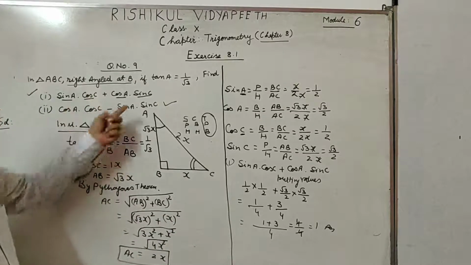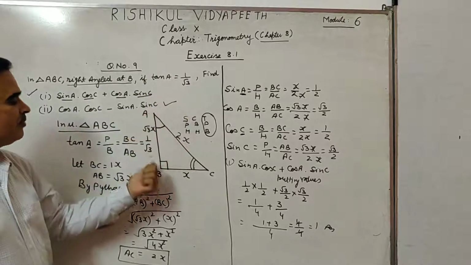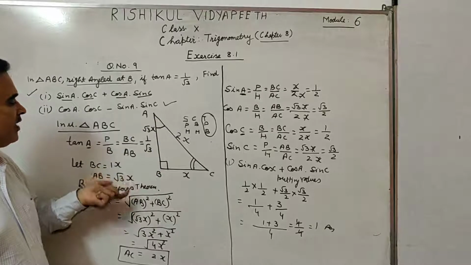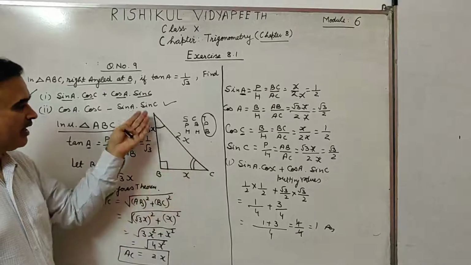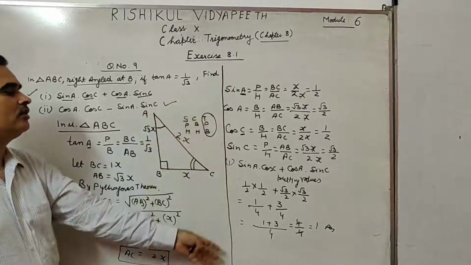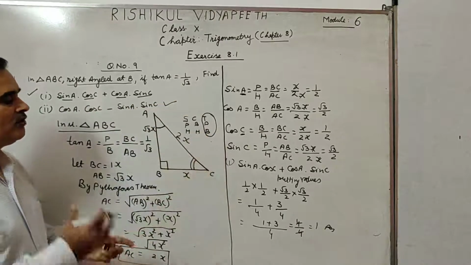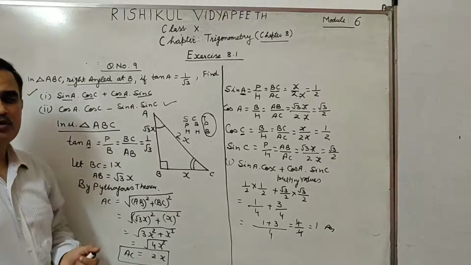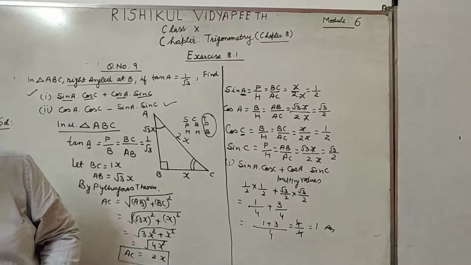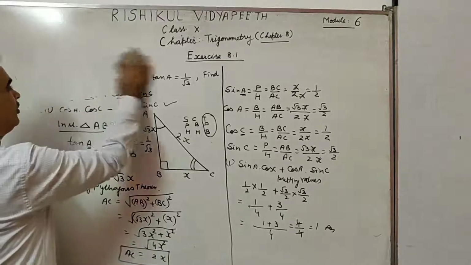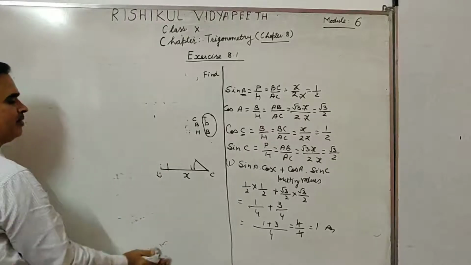Dear students, you know that if any trigonometric ratio is given to you, then with the help of this right triangle we can find the third side, and then, getting all three sides, we are able to get all the trigonometric ratios. Whichever is required, we find that and then put the values. Now we are to discuss another question also, question number 10, and an example also. You will find both are the same type. I'll discuss the question, then the example you will do yourself.